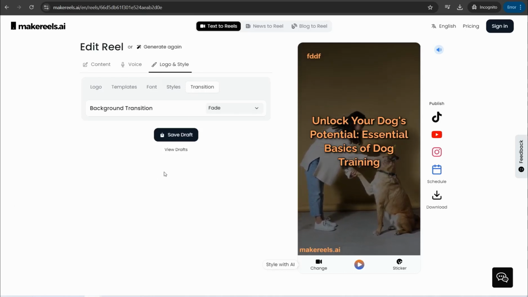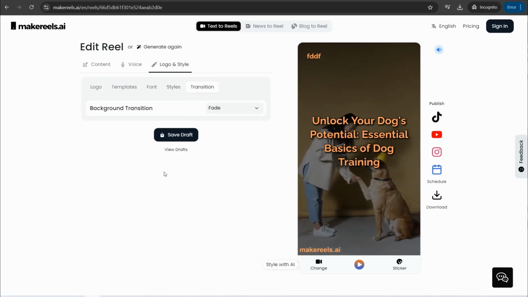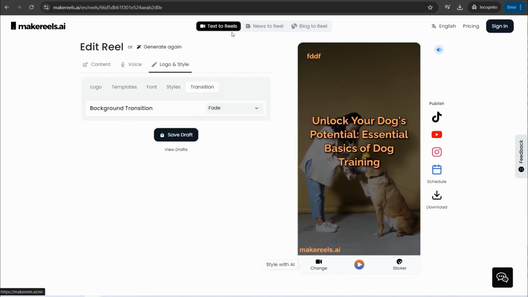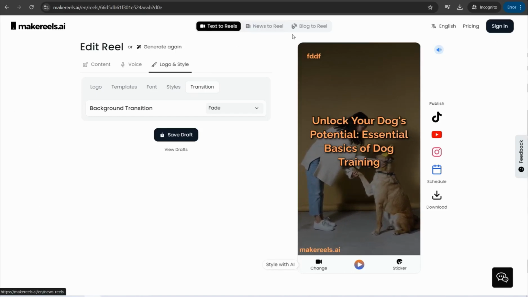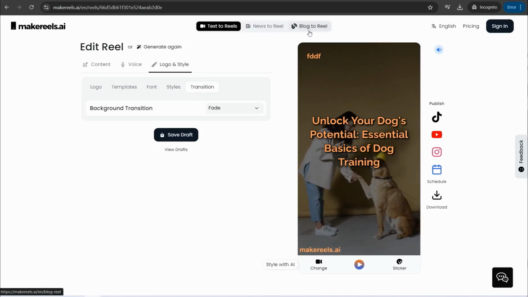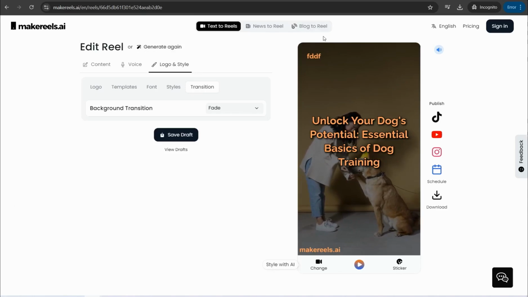And here you've got to know there are 3 different categories in this amazing website. Here we are on text to reel: your prompt, your idea, your thought to beautiful reels. And of course here you can find news to reel as well. Here you can convert any news article to an amazing reel, or blog to reel. Any topic, any article on any website, you can convert it here on makereels.ai directly to an amazing reel